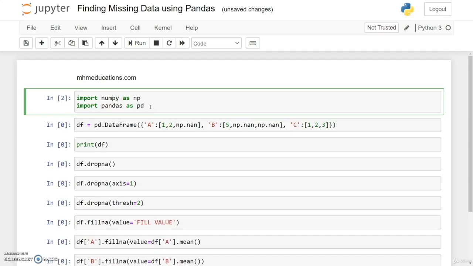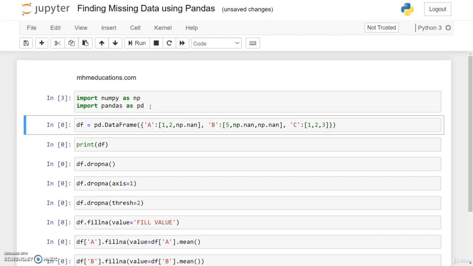So first, I'm importing two libraries. The first library is called NumPy. The second library is called Pandas. Now I'm creating one data frame using Pandas, and that data frame basically has